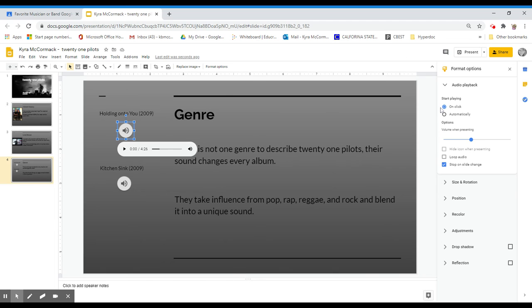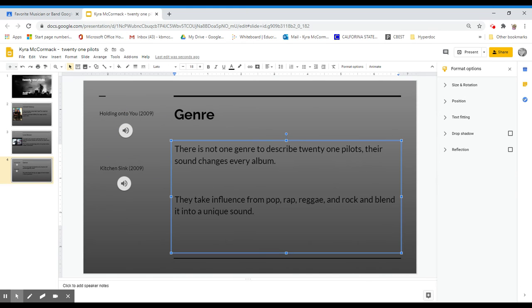Alright, so I'm going to just pretend I'm going to do it automatically just to show you guys this. Hide icon when presenting, so that this will no longer exist. So if you're going to do that, you're not going to want to just put random floating song names. You would add it into your slideshow, the song playing in the background